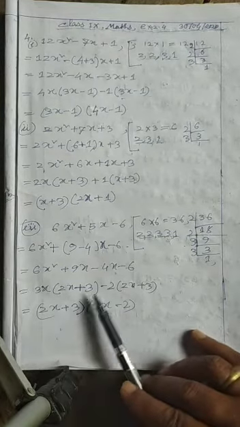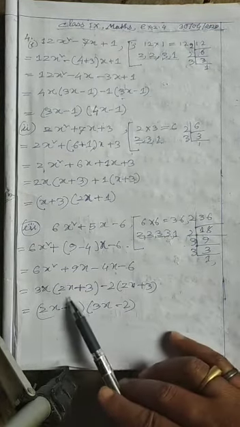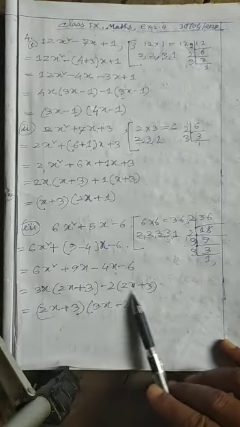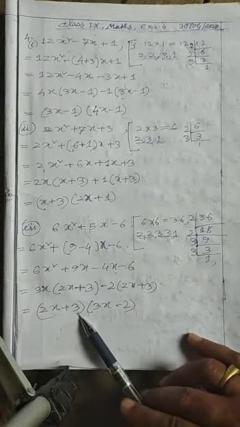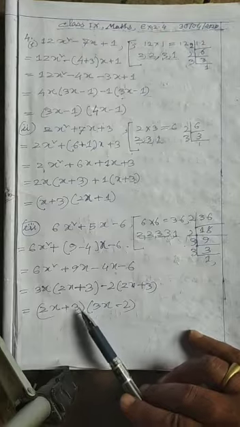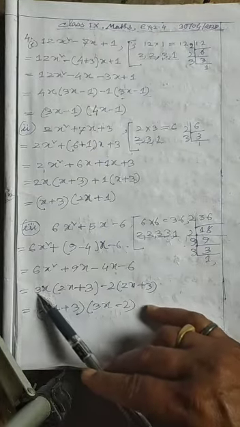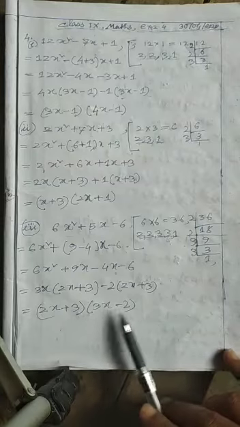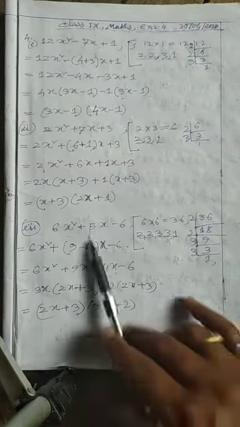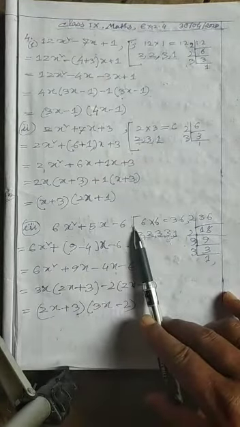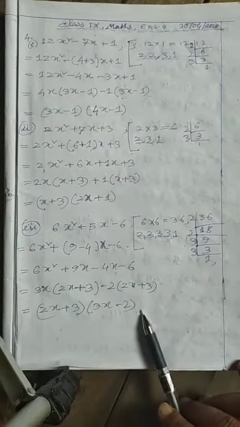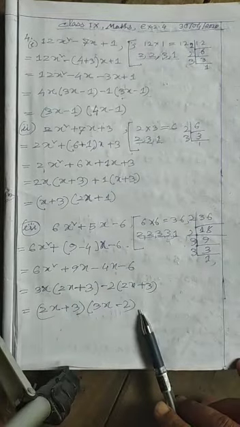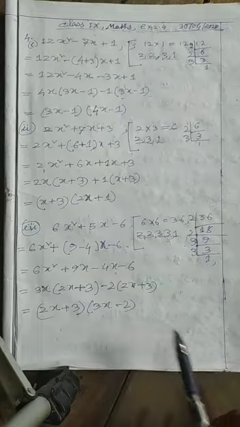Now from this expression and this expression, if you see nicely, twice x plus 3, twice x plus 3, you can take common. Same term, same expression. The remaining term is thrice x here minus 2. So thrice x minus 2. So this is the factor of this polynomial. This is called factorization. Factorization is the product of the smaller parts of the polynomial or number.